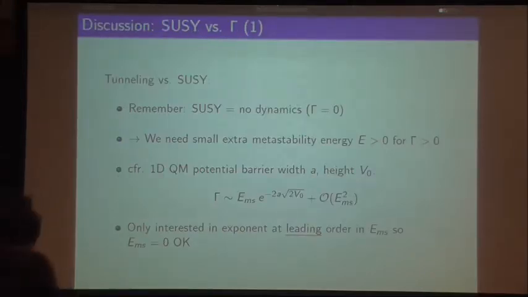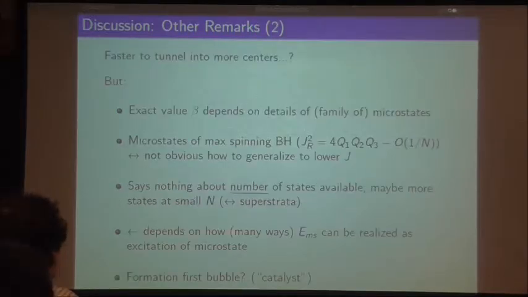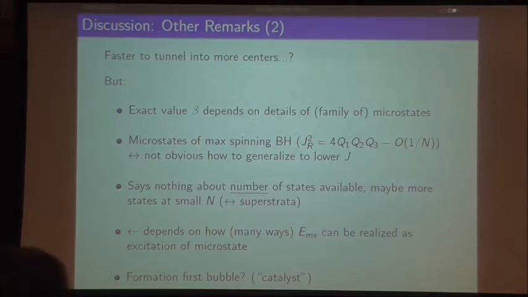Sorry, there was some comment somewhere about the superstrata, and I just wanted to understand exactly what that means. So, what does this have to do with superstrata? Well, the superstrata are basically two-centered solutions, supertube solutions. And the argument there would be that even if you only have two centers, you have enough entropy, or at least correct scaling of charges and all that in the entropy, so that you don't really need to consider the higher number of centers.